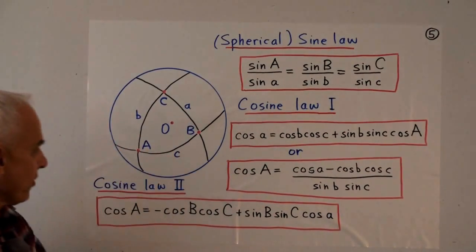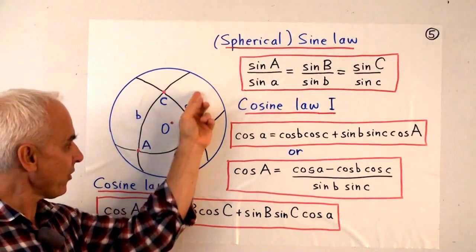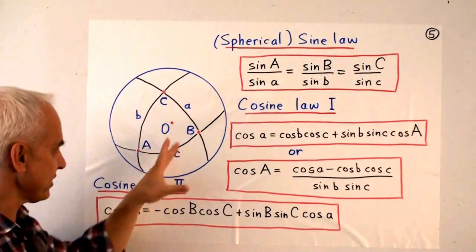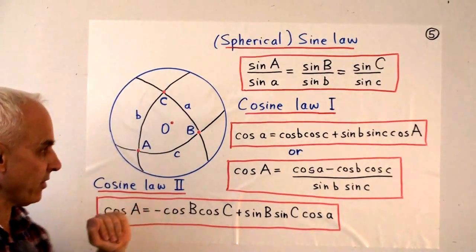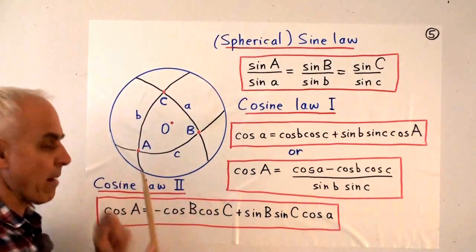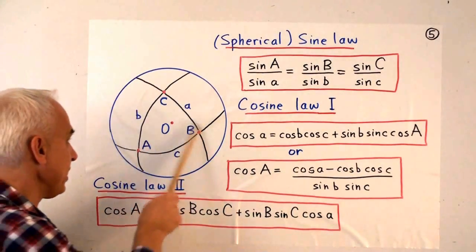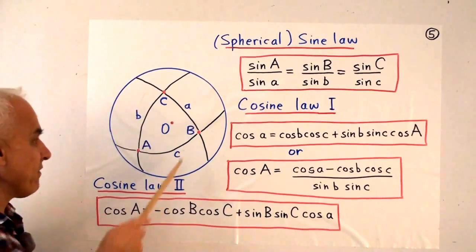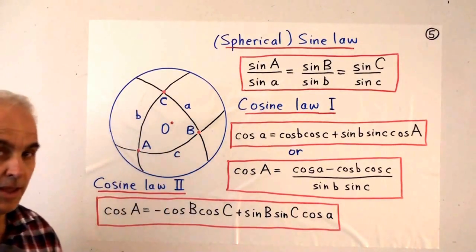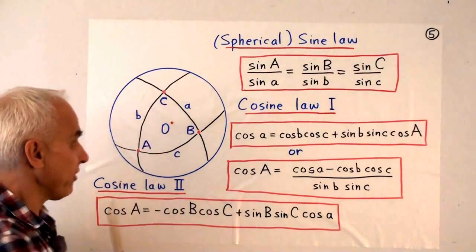So here's our spherical triangle. I'm now going to not bother putting the back of these great circles in. Just ends up cluttering the picture a little bit unnecessarily. You all realize by now this is a great circle. It actually does wrap around the sphere on the other side as well. So we have 3 points A, B, and C. We have spherical distances, little a, little b, little c. And we have angles, capital A, capital B, and capital C.